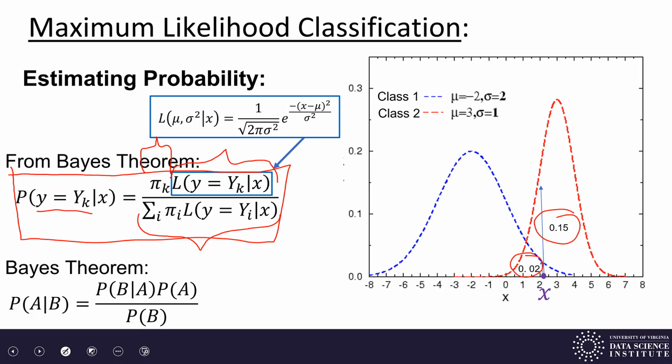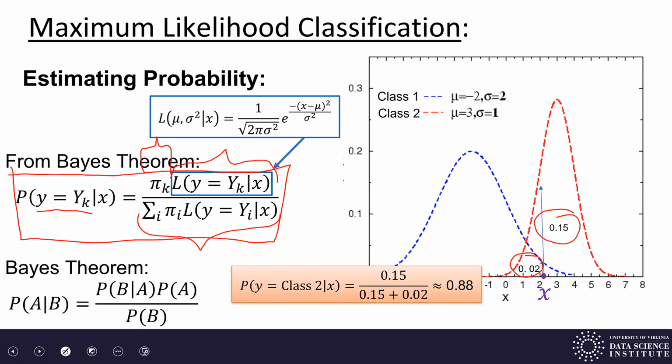And now to compute the probability, we use the formula here. This is the probability that y is equal to class 2, or the probability that the correct class for this observation is 2, right? So this is that probability that we're computing. The top of this fraction is the likelihood for the class that we're looking at, so it's the likelihood for